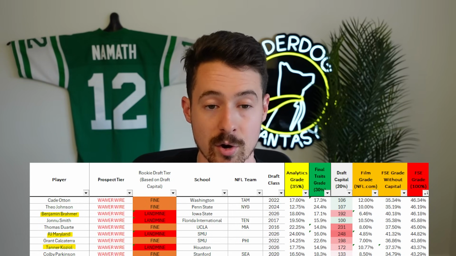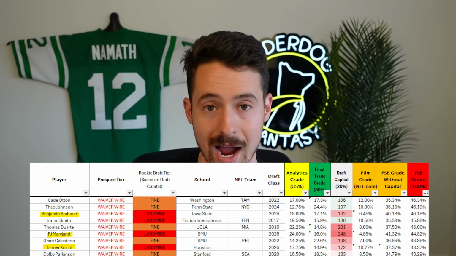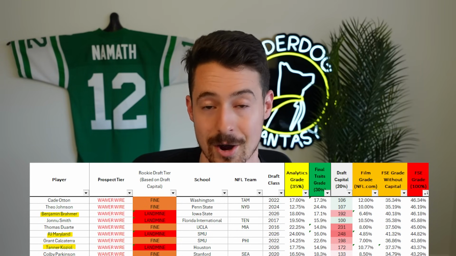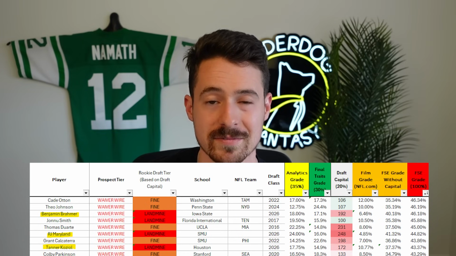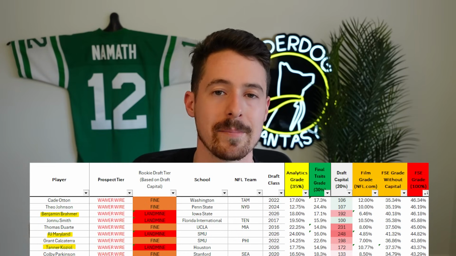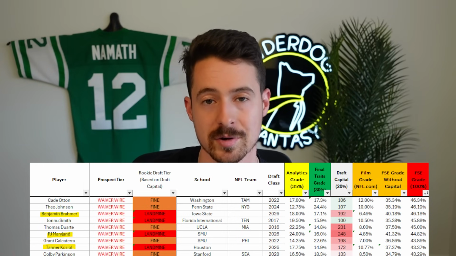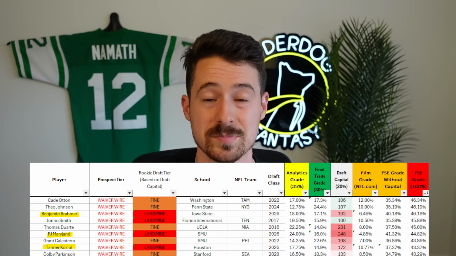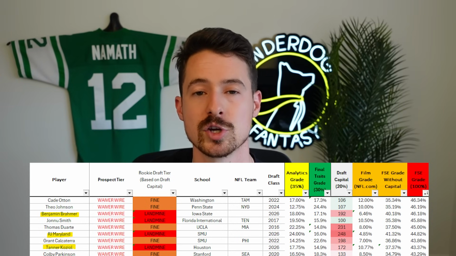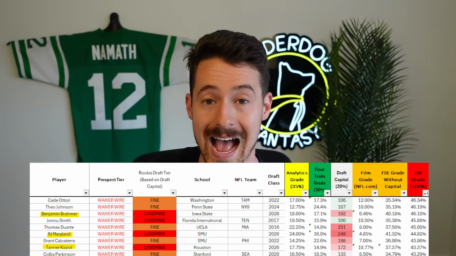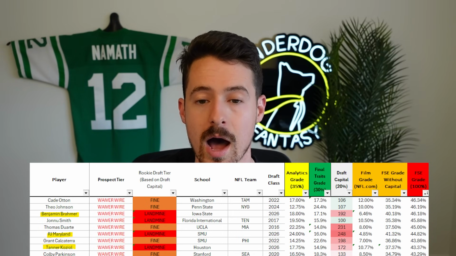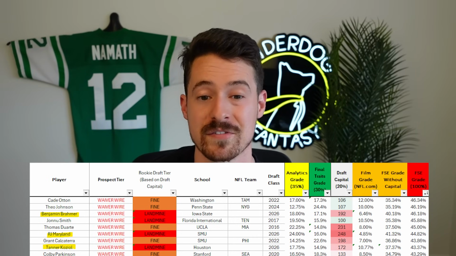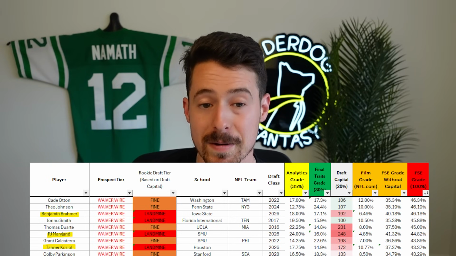So RJ Maryland from SMU would rank so much higher on this list if he wasn't expected to go 248th overall in the draft, according to NFL Mock Draft Database. Now, again, how accurate NFL Mock Draft Database is to real NFL draft capital a calendar year from now, probably not that accurate, so take that with a grain of salt. He has prototype size, 6'4", 240 pounds, and 4.58 projected speed is really good for that size as well. 2.74 yards per route run this year. As a junior, despite missing time, he still had 359 yards and 4 touchdowns in just 7 games. And as a sophomore, he produced 518 yards and 7 touchdowns. So he's been pretty productive at SMU.